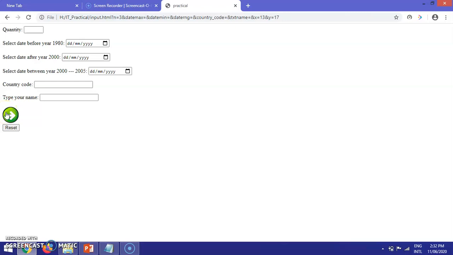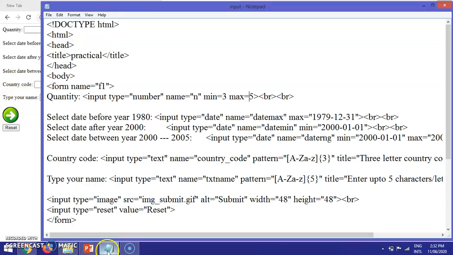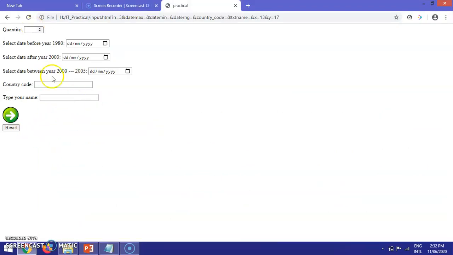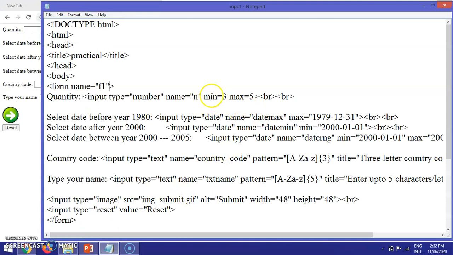It has been submitted. How do you know it has been submitted? In this code I have not specified the method attribute. There are two methods of submission, the get method and the post method. Get is the default method. I have not specified the method attribute, so by default it is get type of submission. In get type of submission, you can see whatever name you provide to the control. That's why providing the name attribute is important.